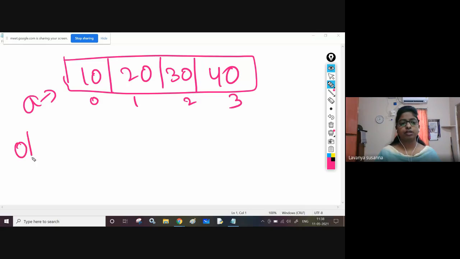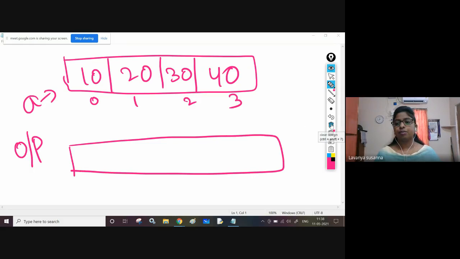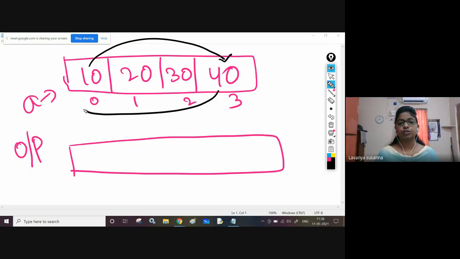What is the output you need to get? You need to get an array in such a way that the minimum element and maximum element are interchanged. That means 10 should go to the 40 position and 40 should go to the 10 position.